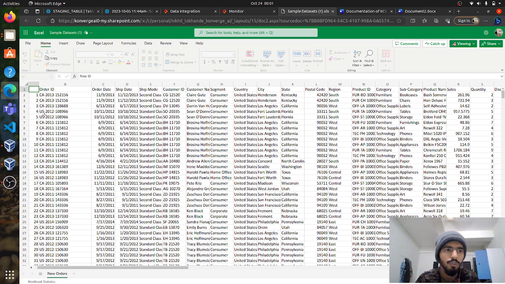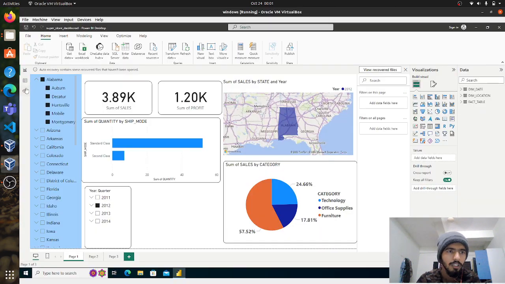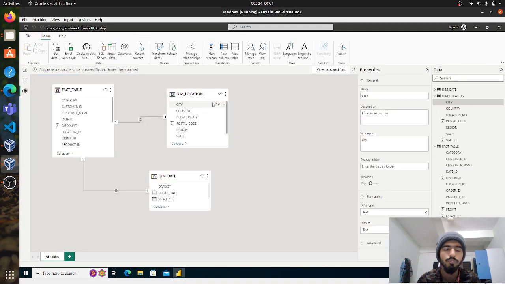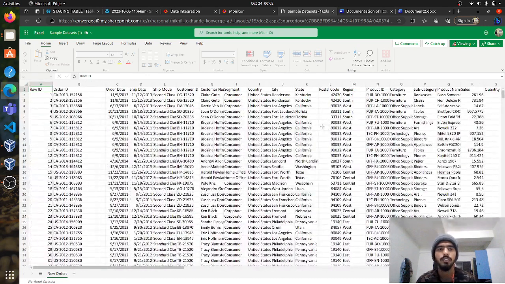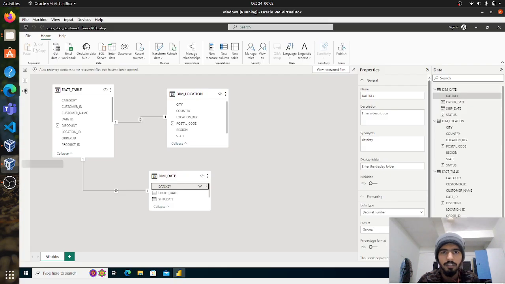by the customers. So first of all, I created a schema for it to analyze what I have to do with the data. I was first given the instruction that I should have 2 dimension tables and 1 fact table. The first dimension table is location, and the second is dimension date. As you can see, in location I have city, country, postal code, region and state. In this you can see that location ID is present and here date key is present, which are not present in the source table. So as they are not in the source table, it is obvious that I have created these two extra fields, and I will get back to why I have created them.